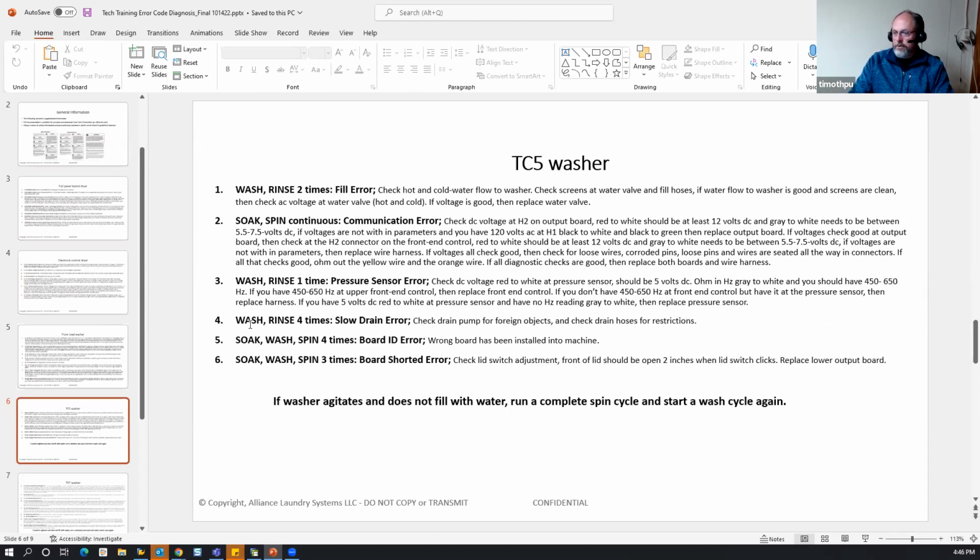So I'll move down to number 4 here. We have wash and rinse lights flashing 4 times between pauses. That's going to be a slow drain error code. Check drain pump for foreign objects. On the TC5, the drain pump is attached right to the bottom of the shaft. So there's no electricity or anything going to it, so if we get that error code, the pump is either working or there's something in it,